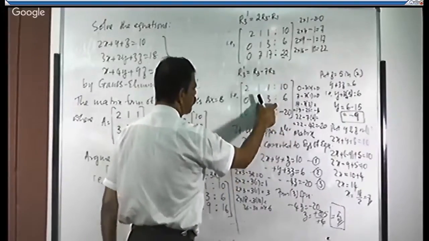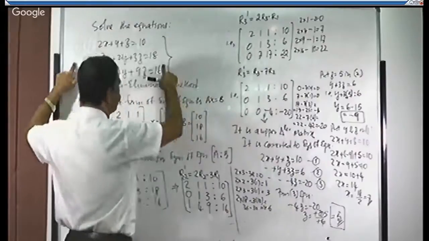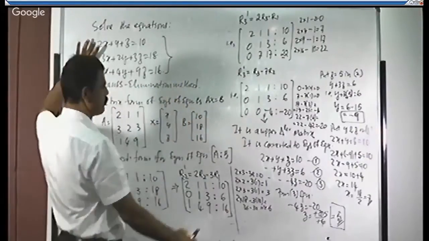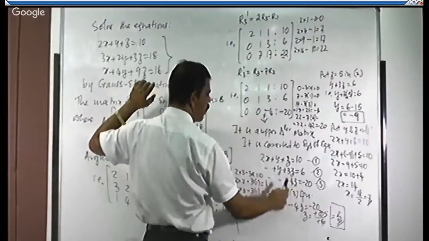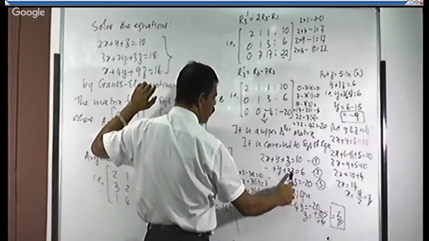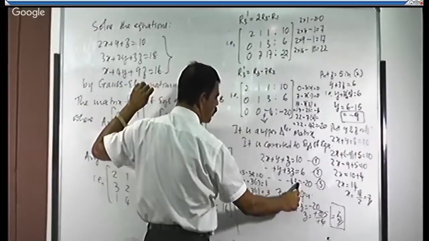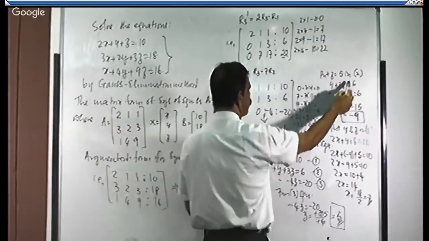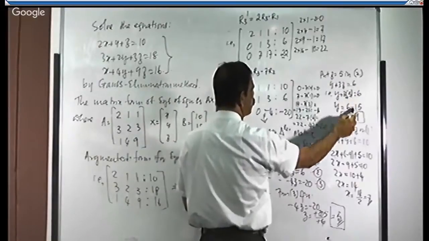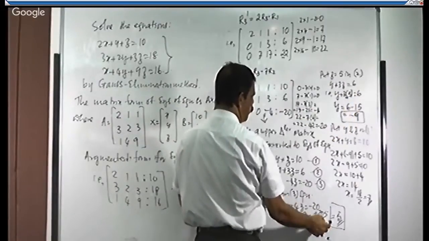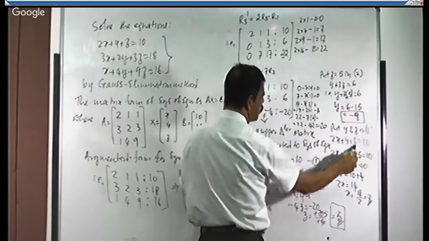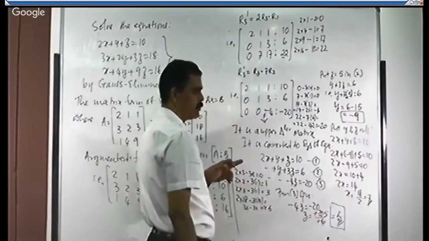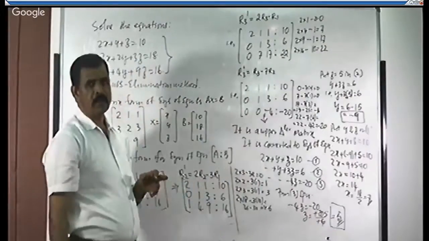This upper triangular matrix is written as the equivalent system of equations. We will get 3 equations. With the 3 equations, from the third equation we will get the z value. By putting the z value in the second equation, I can get the y value. If y and z are substituted in the first equation, definitely I will get the x value, right? So this is the procedure you need to follow.